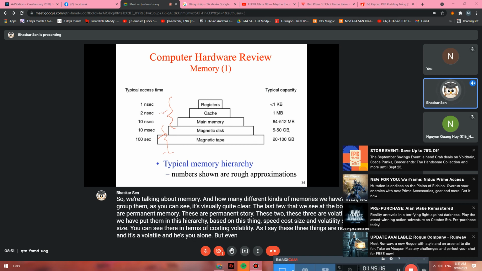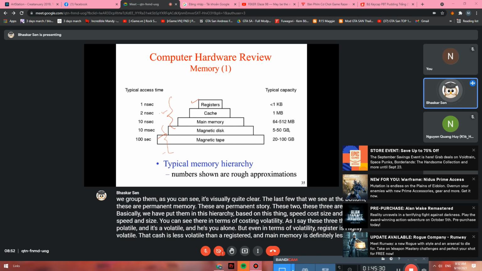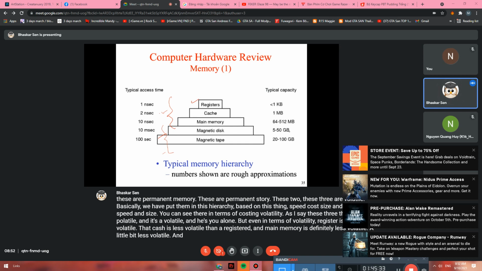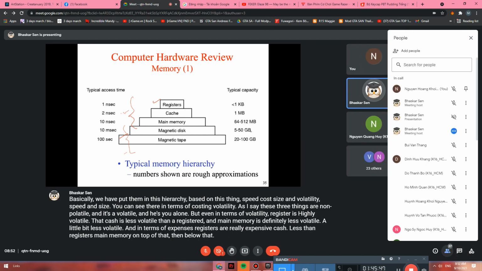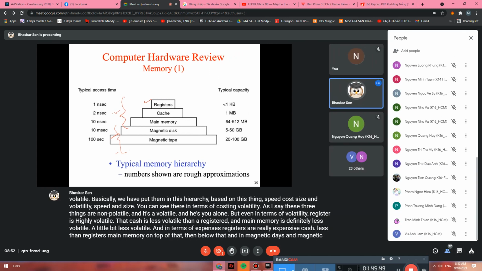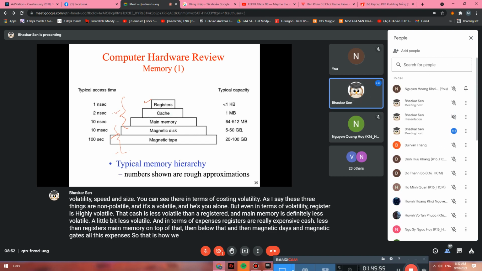But even in terms of volatility, registers are highly volatile, cache is less volatile than registers, and main memory is a little bit less volatile than cache. And in terms of expense, registers are really expensive, cache less than registers, main memory less than that, and magnetic disks and magnetic tapes are less expensive. So that is how we put them in the right